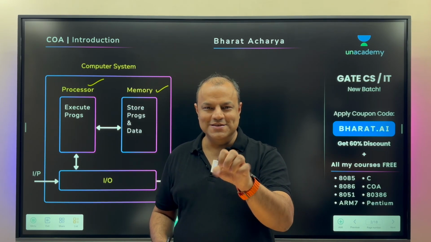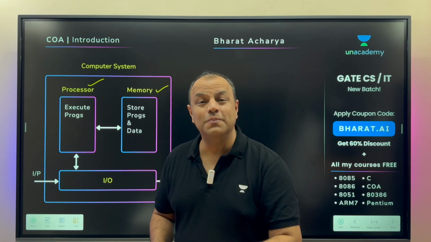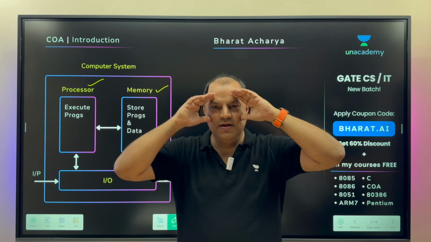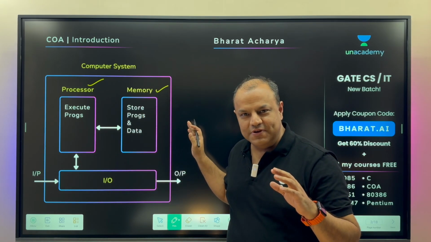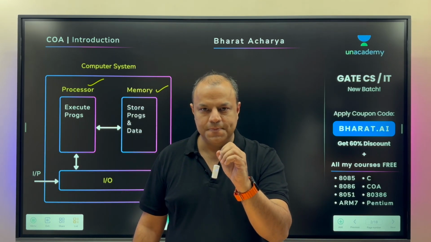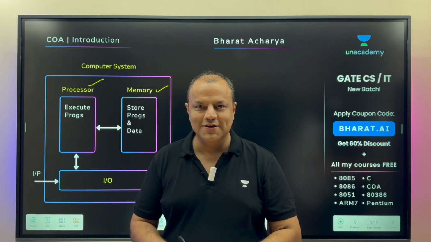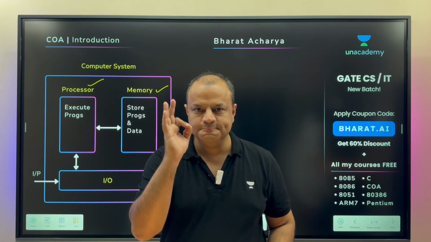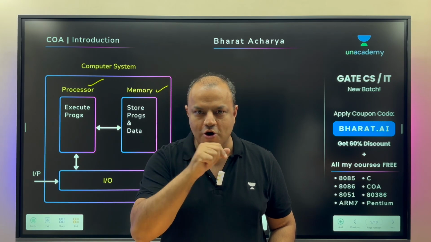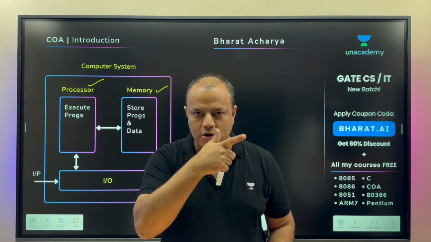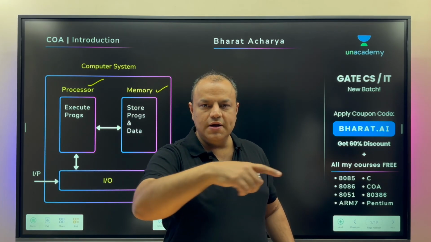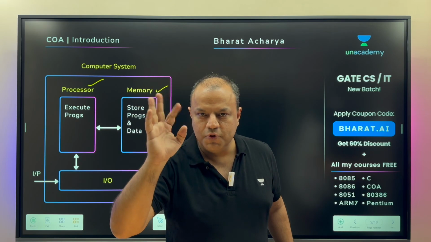Coming back, the processor is the one that executes all the programs, and by executing programs does all the action. Get another thing clear, like how you understood everything is programs and data. Next serious point, every action that takes place in your computer is because of a program. Are we clear? Everything your computer does, whether it plays a song or plays a movie, or you're on Instagram, or you're sending a message, or reading a message, or deleting a message, or taking a screenshot, whatever you're doing is a program. Are you clear?